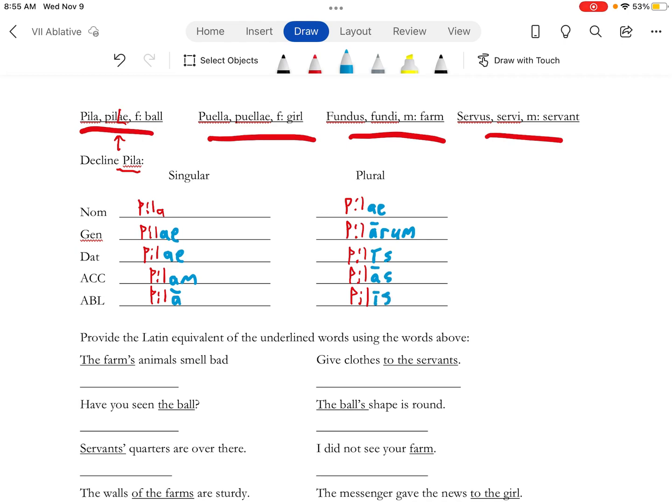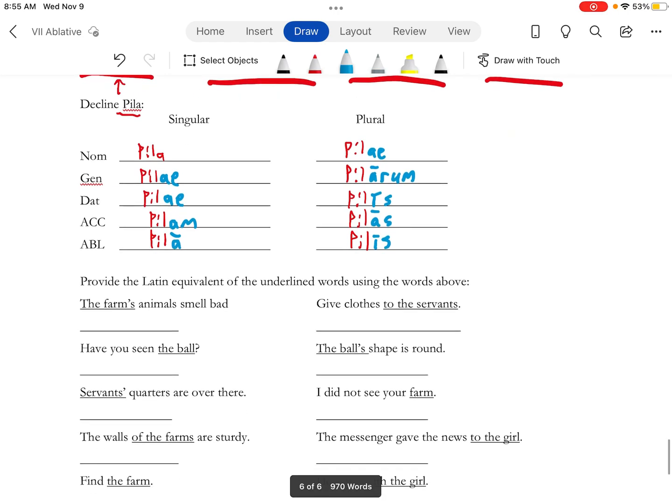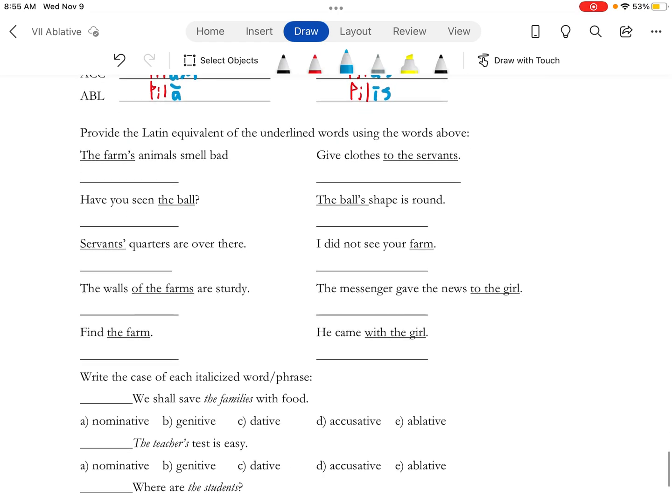Now, keep a note of the words up there, and if you want to try these out before I go, pause it and go. But here we go, genitive singular.